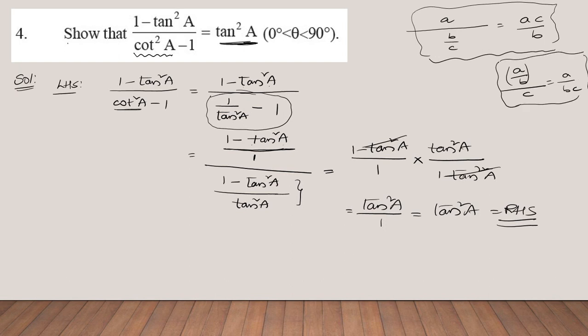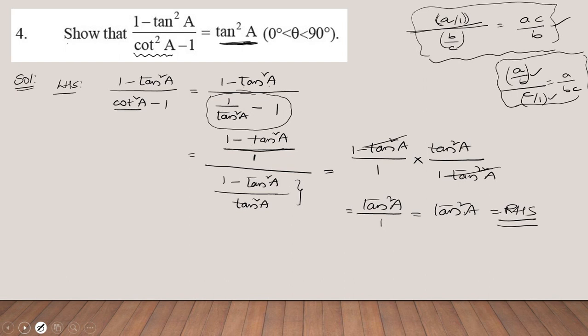To avoid the confusion, what we are going to do is, if you have a by b by c, I am going to make the numerator a fraction as well. So a I can write as a by 1. From that you can directly write a by 1 into c by b, so you will get ac by b. The same way here also you divide c with 1, so that you have a fraction in the numerator and a fraction in the denominator as well. Then you can easily solve such kinds of problems. So to avoid confusion, we make both numerator and denominator fractions.